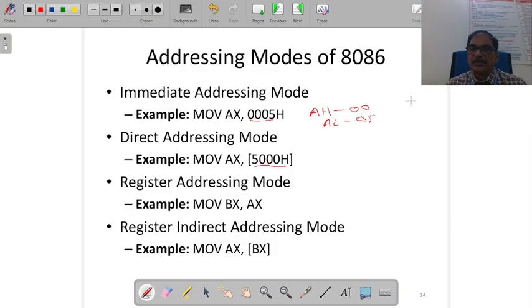For example, if this is the memory, say this is location 5000 and this is location 5001. Say in 5000 the data is 35, and 5001 has 25. And with this direct addressing mode,